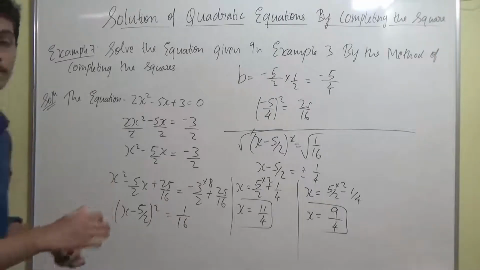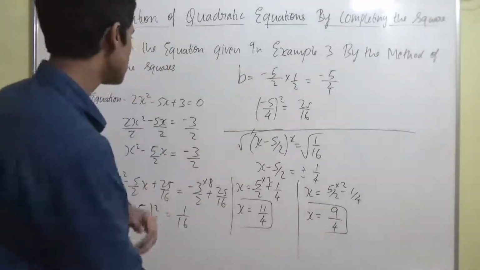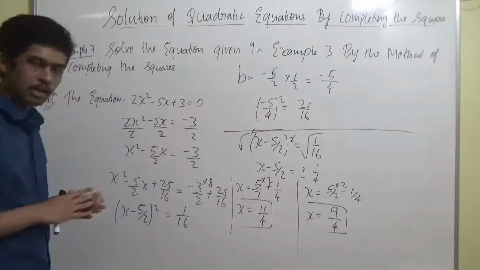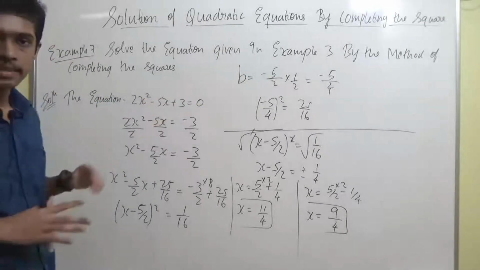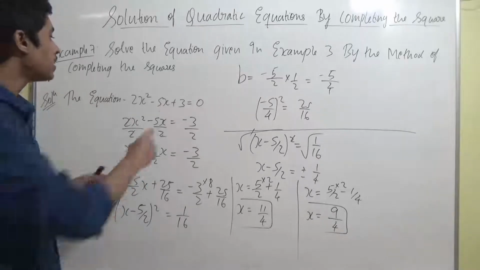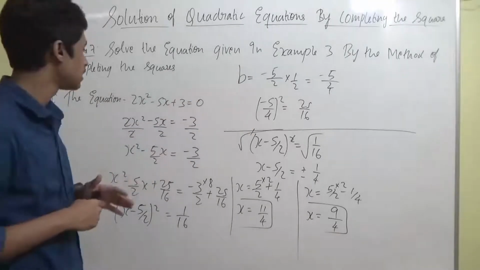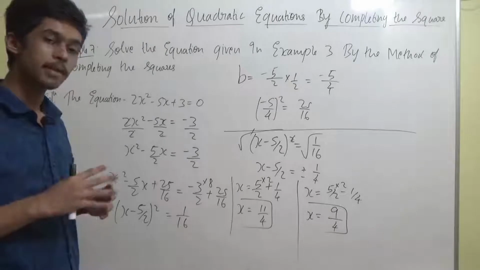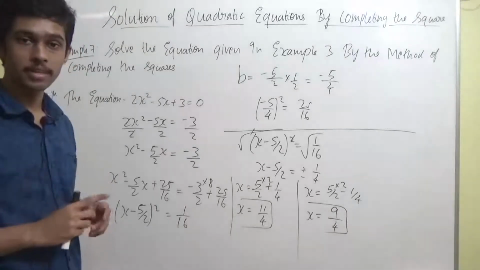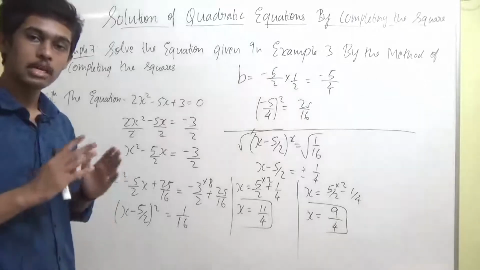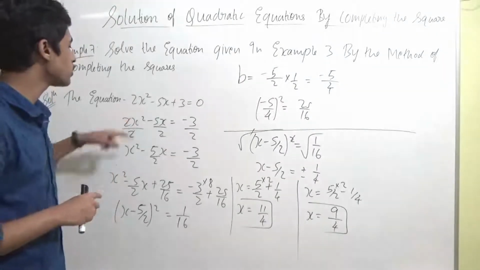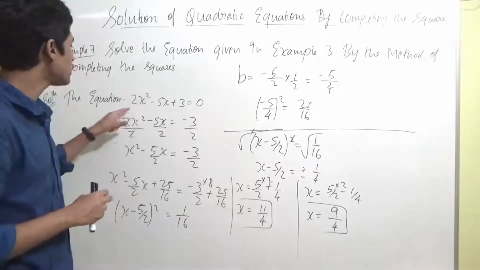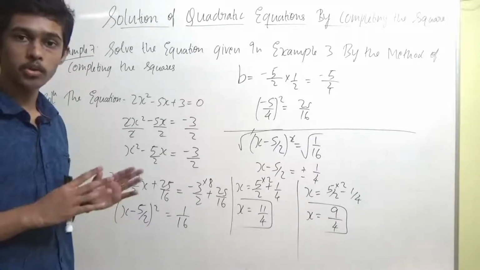Right. Now I'll tell you once again, guys, how I did the method. I hope you people got it, but even then I'll say it once again. First step is that you have to keep all the x terms one side and the constant or the numerical term other side. That is, you'll keep all the x terms in LHS and the number term you have to keep in the RHS. After that, you have to see what is the coefficient of x square. You should make sure that the coefficient of x square is going to be 1. That is, there shouldn't be any other number than 1. That is, only x square should be there, which means if there is 2x square, you will divide all terms with 2 so that 2 will get cancelled. You need only the x square term. If it is 3x square, you will divide all the terms with 3 so that you get only x square.